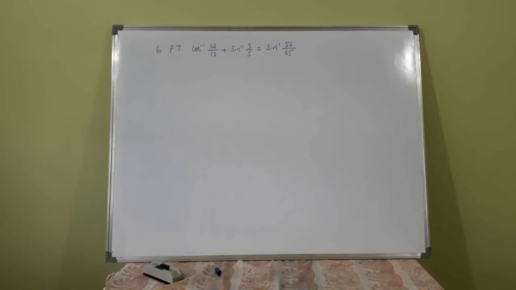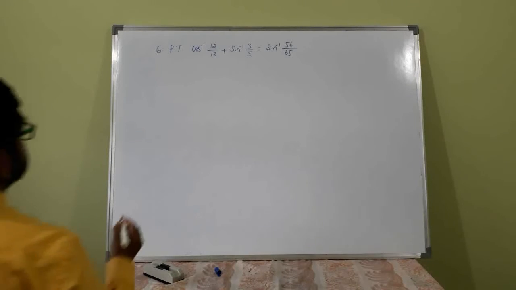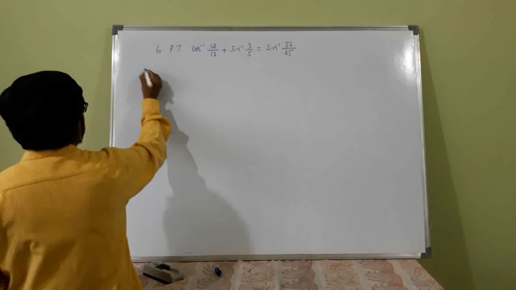Prove that cos inverse of 12 by 13 plus sin inverse of 3 by 5 is equal to sin inverse 56 by 65. Same procedure, no change. See, solution is